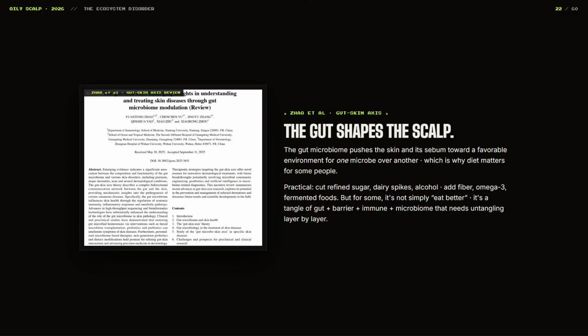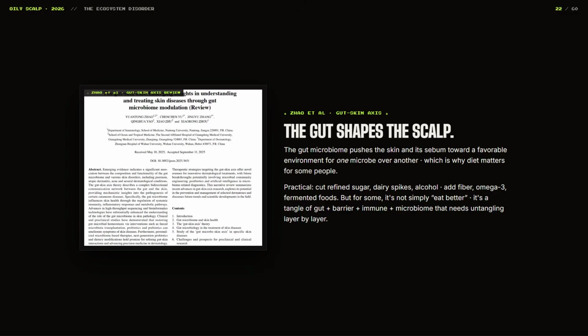But in a practical sense, this means that diet obviously influences the scalp indirectly by changing gut microbial metabolites, inflammation, and IGF-1 signaling. And remember, what you eat is what you secrete. So if you're eating tons of processed foods, tons of sugar, a diet high in cholesterol and fats, or if you're eating foods that you have an allergy to, these can contribute to you having issues on your skin. But it could be a very complex process, so you have to explore what your sensitivities are in your case.